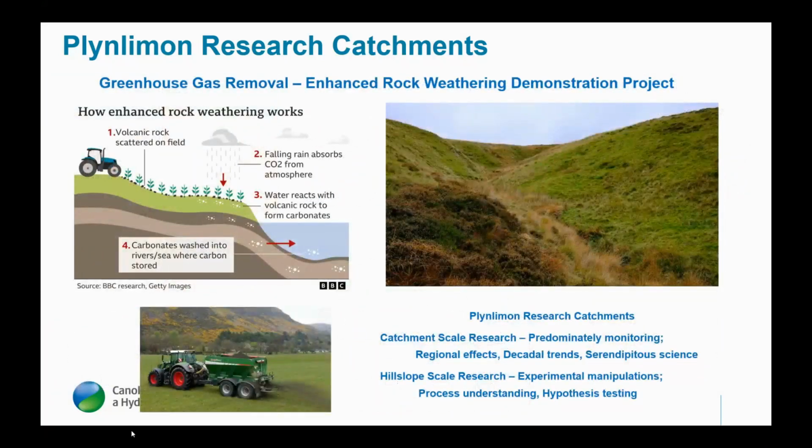And then finally, this is the one that I was talking about for Alan, experiments in Plynlimon. Plynlimon's really a large scale kind of catchment study. And when you have catchment scale research, it's mostly about monitoring and looking at regional effects and decadal trends and what we call serendipitous science. Every now and then, if you look at something and watch it long enough, something happens that was unexpected, and that could be important. But within Plynlimon, we also do hill slope and plot scale research, which is really about